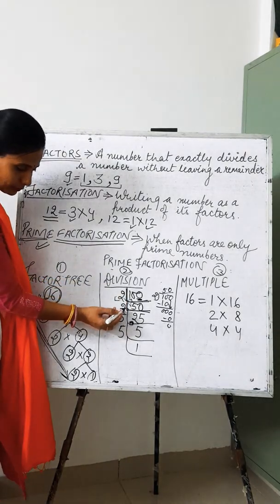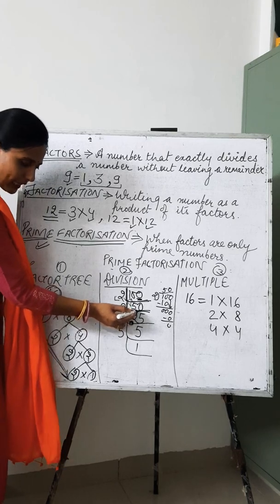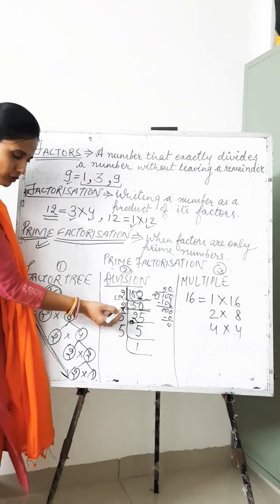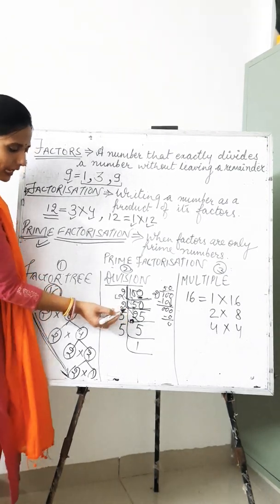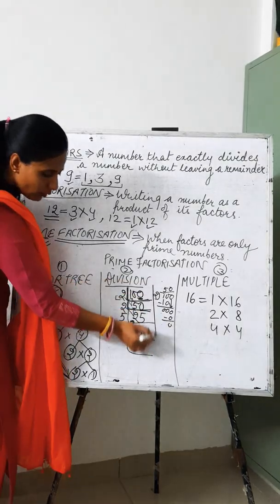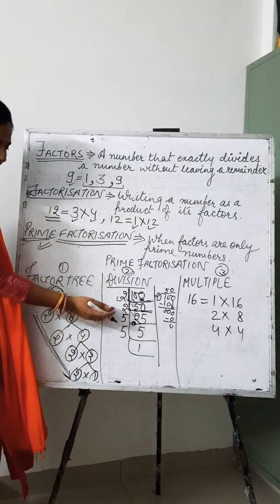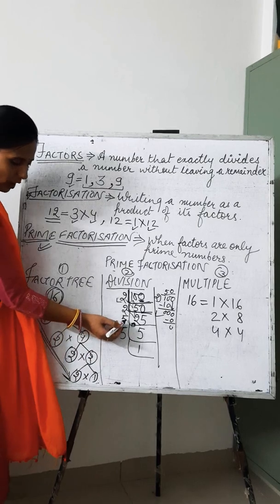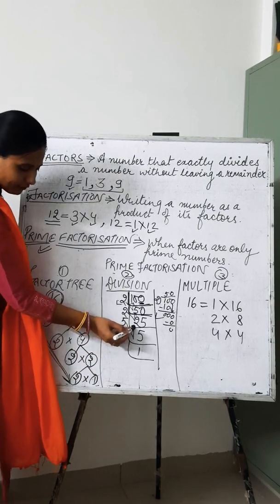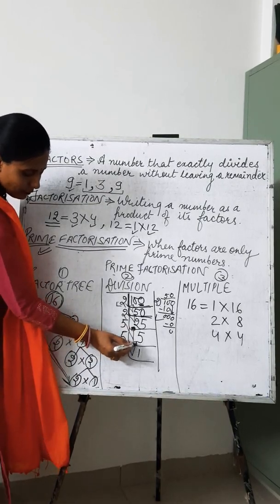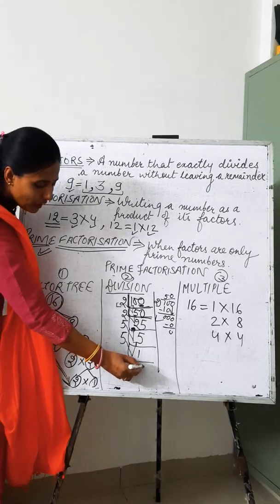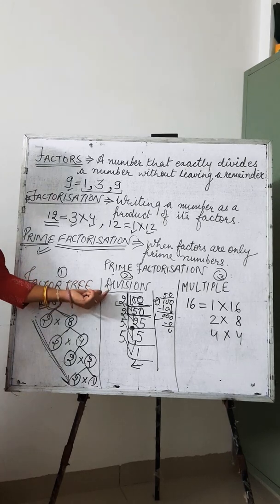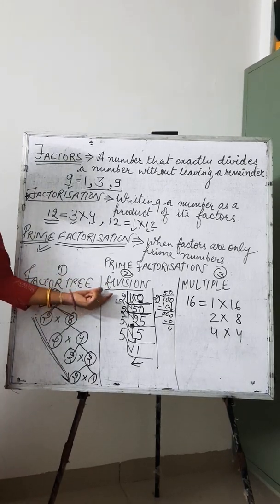Now come to the next, because here I can see that 0 is again here, so it will go with 2. 2 25s are 50, and you have to follow the same procedure over here. You can check your work in this way by doing this division process. Now 5 5s are 25 and 5 1s are 5. You have to stop your journey at 1. So in this case you can do prime factorization by the division method.